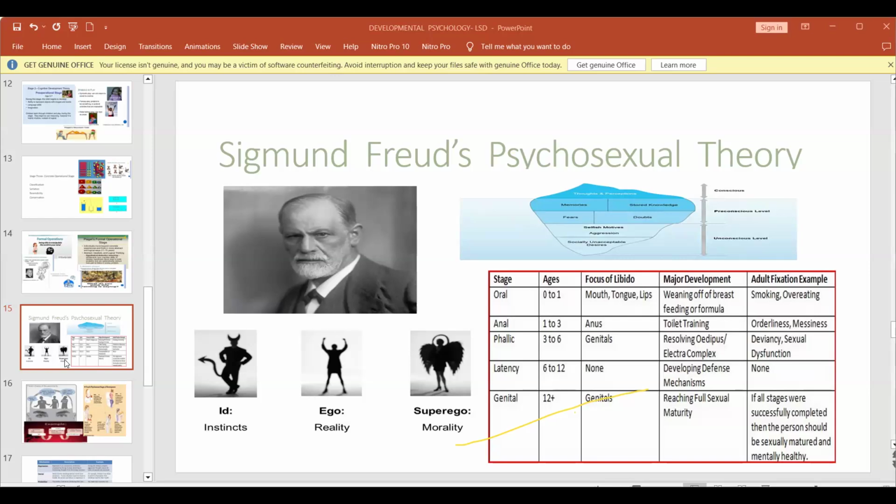Orderliness and messiness. Some may be over clean or orderly all the time, cleaning, arranging. They are obsessed with that, and it affects their happiness and others' happiness as well. If not, they are messy. They are not in very clean rooms, and they mess up everything, a very messy person. Those two extremes can happen due to the conflict that occurs in the anal stage due to over gratification or under gratification of the anus.